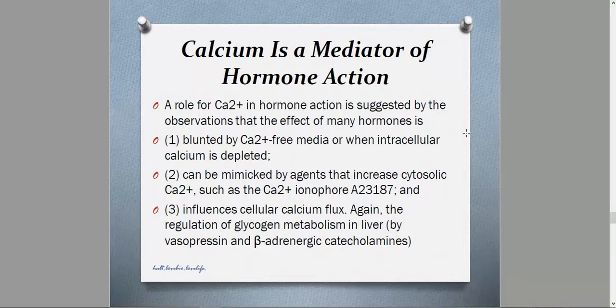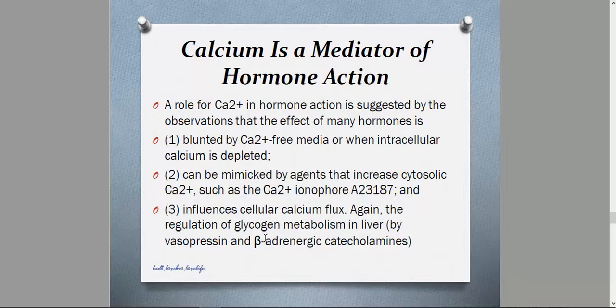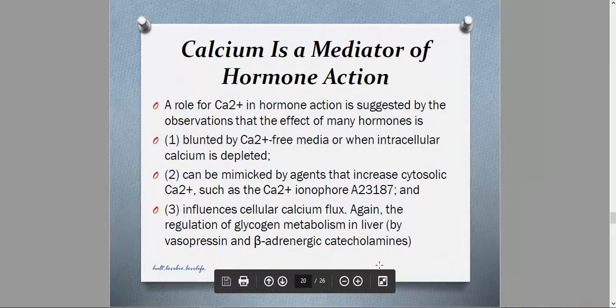Some hormones can also be activated if there is an influx of calcium into the cell. An example of this is glycogen metabolism in our liver by means of the hormones vasopressin and beta adrenergic catecholamines. These two hormones require a net influx or a net increase in the amount of